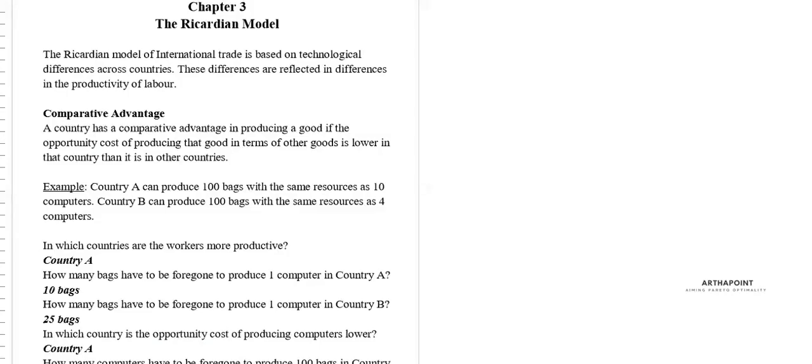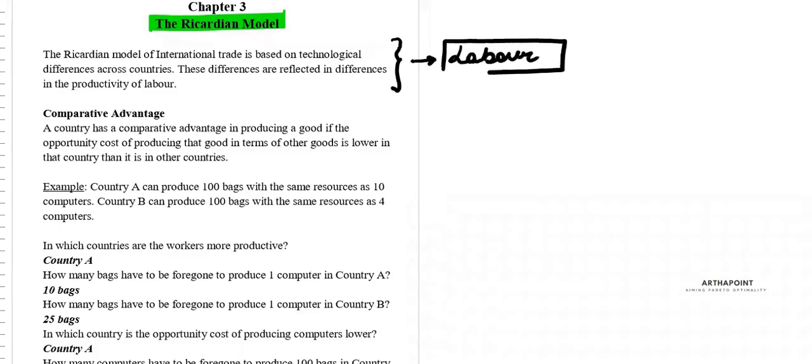In this lecture, we are going to begin with an important model, and this is known as the Ricardian model. The Ricardian model basically understands that two countries can have only one factor of production. I'm talking about only labor. But we are saying that the same labor can have different productivity